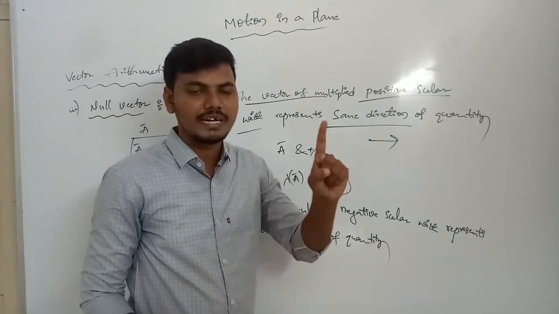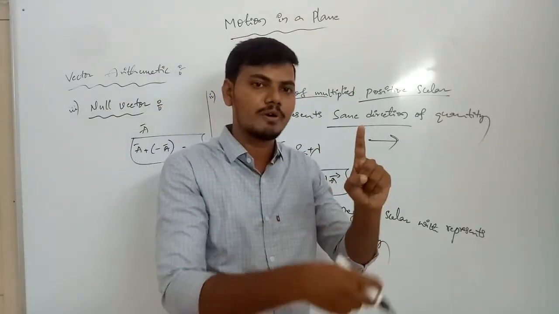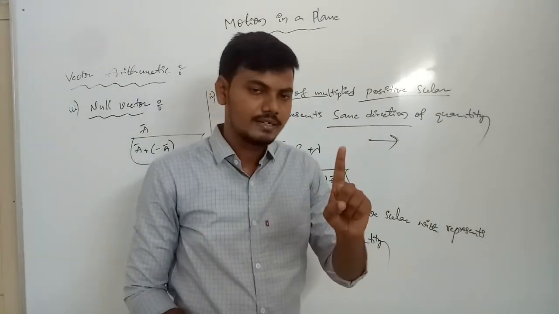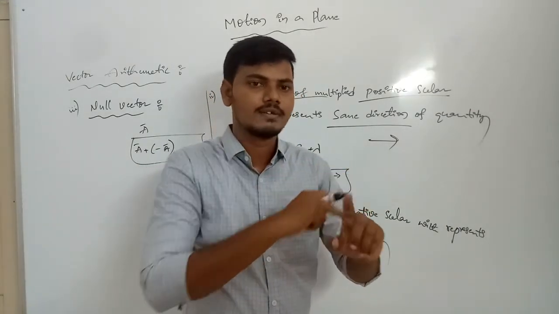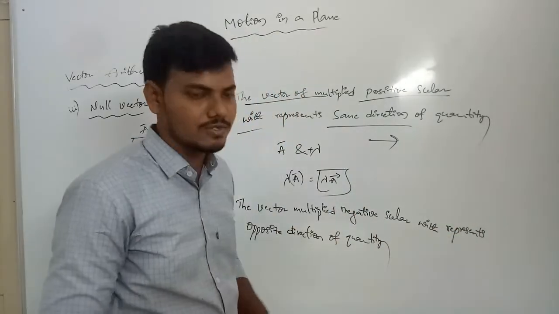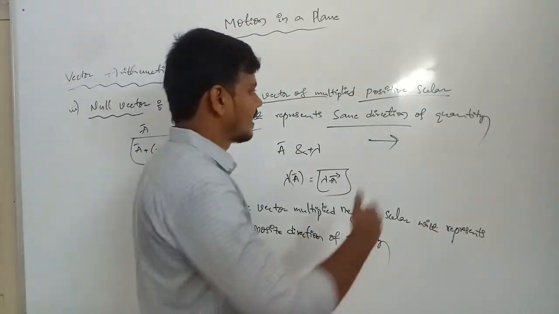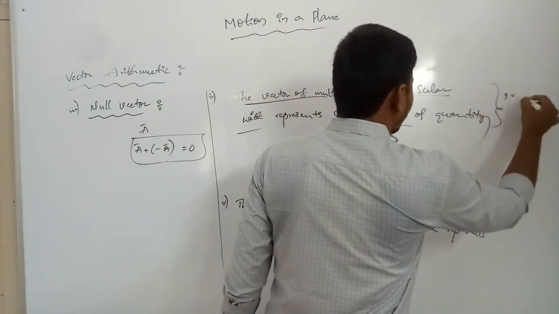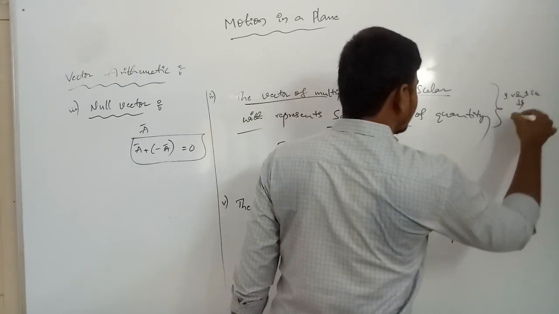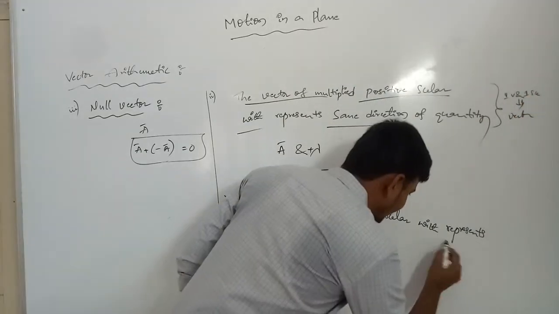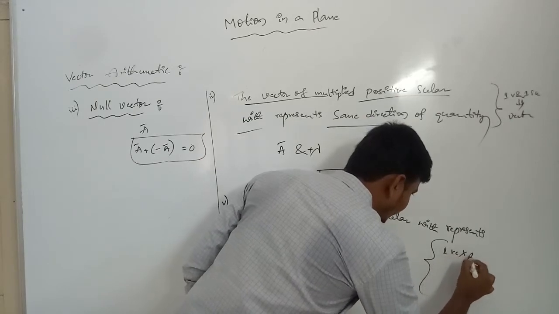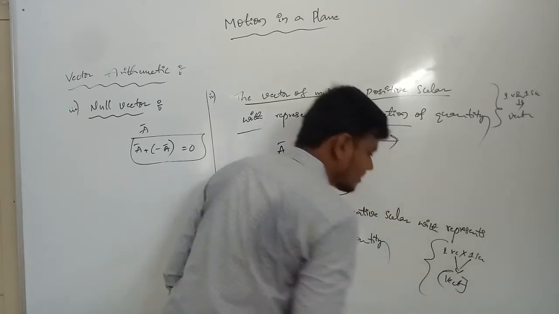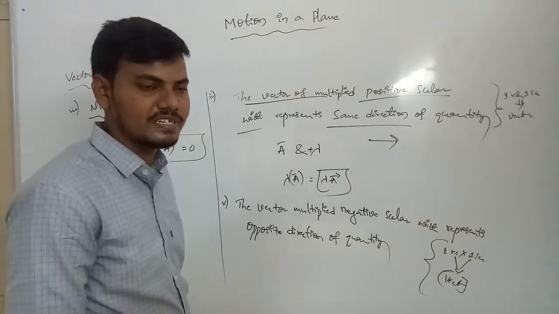The vector, when multiplied by a scalar, gives an output which is a vector. Again, we are introducing the multiplication of a scalar, and the output we take is a vector also. The same applies to vector one. One vector and one scalar multiplied always give a vector quantity as output. This is the best example.